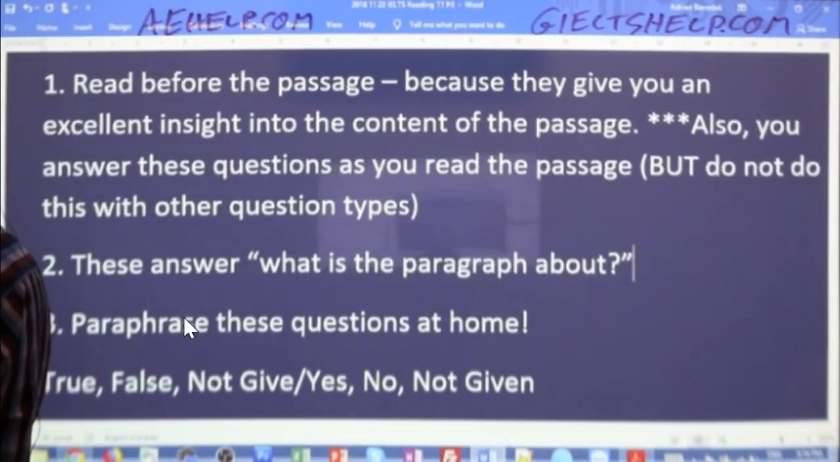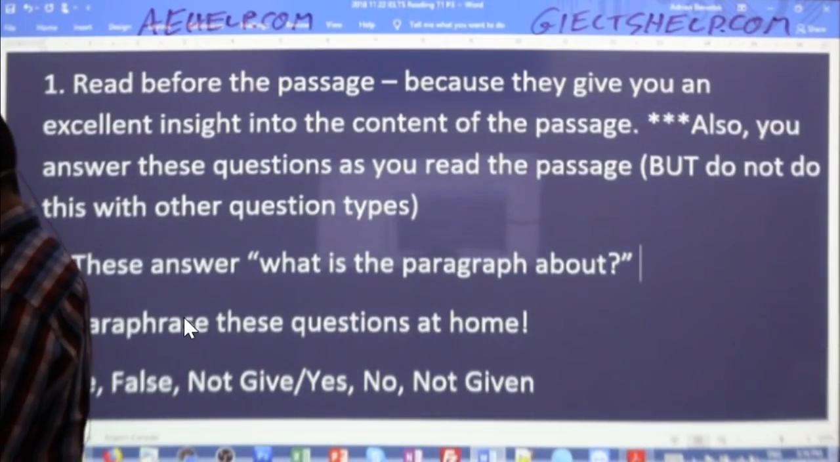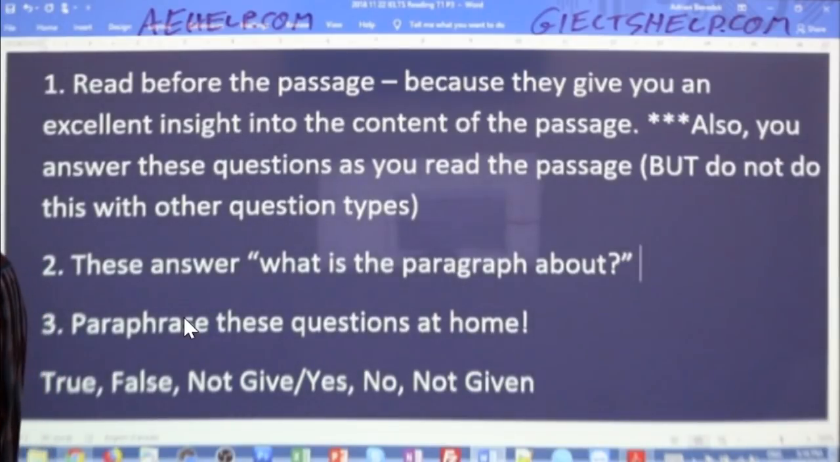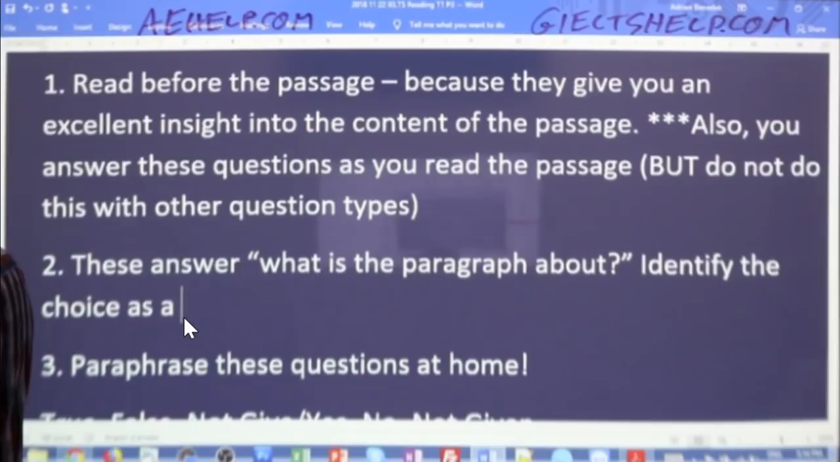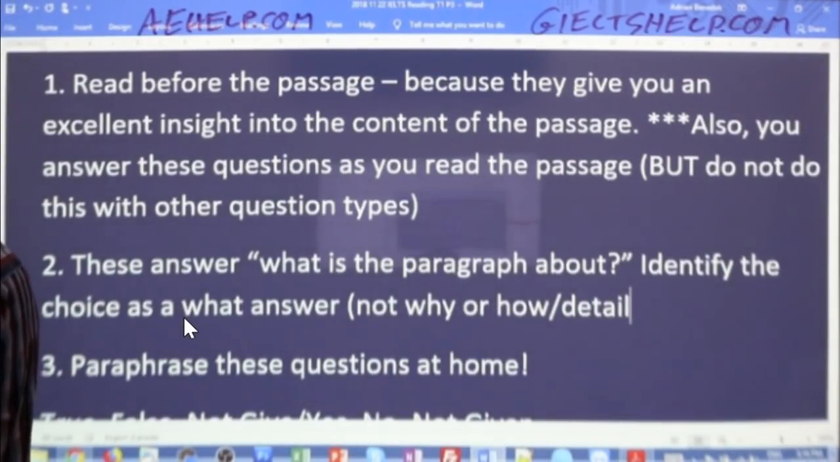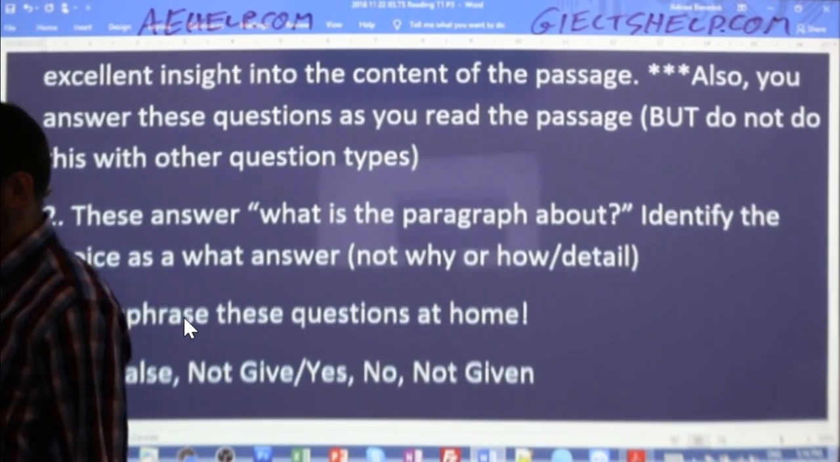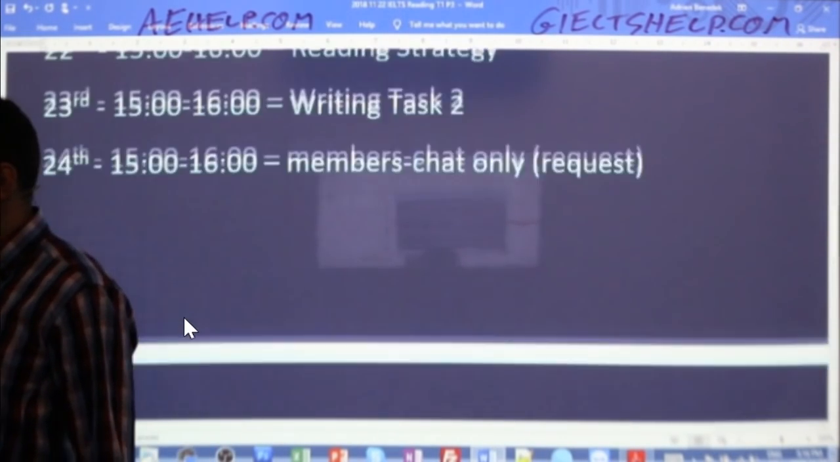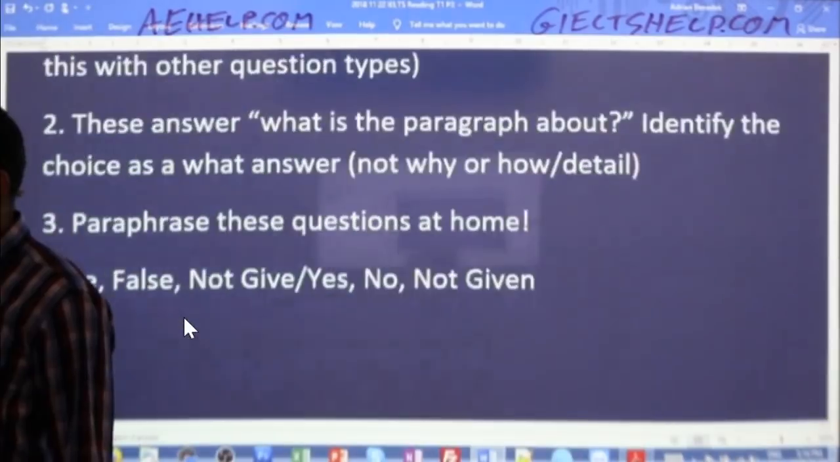Okay? And that's another point that I want to make here, and I think that's kind of new for everyone. So identify the choice as a what answer, not why or how. I'll explain that more in a minute. I bet some of you can already guess what that means. Right, so again, read these questions before you read the passage